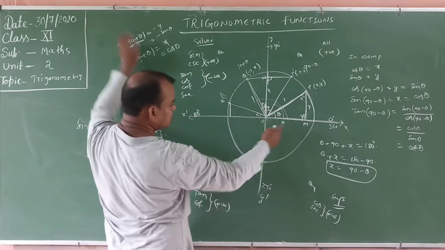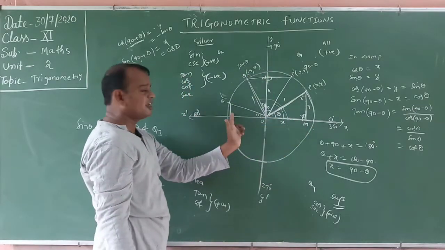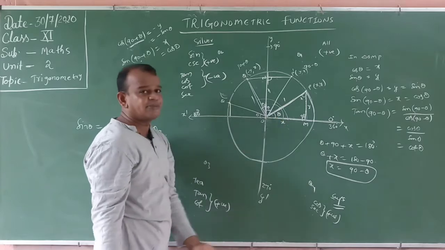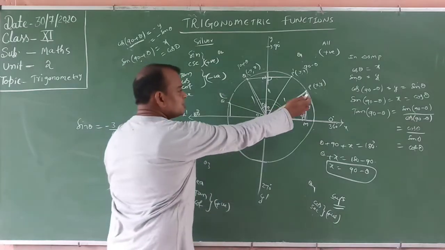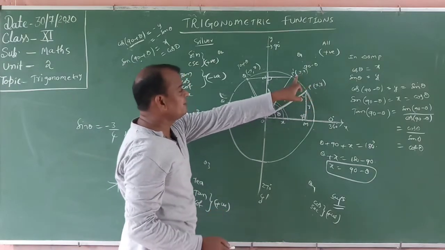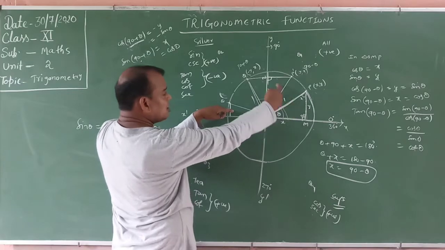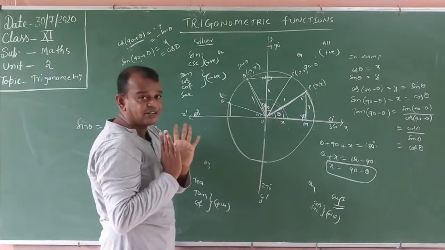These two are in the same axis. This is straight angle. Straight angle means 180 degrees. This one and this one are the same, but x comma y here, with respect to the y-axis, means minus x comma y. These two are congruent. All are congruent angles, no problem. Congruent triangles, no problem at all.